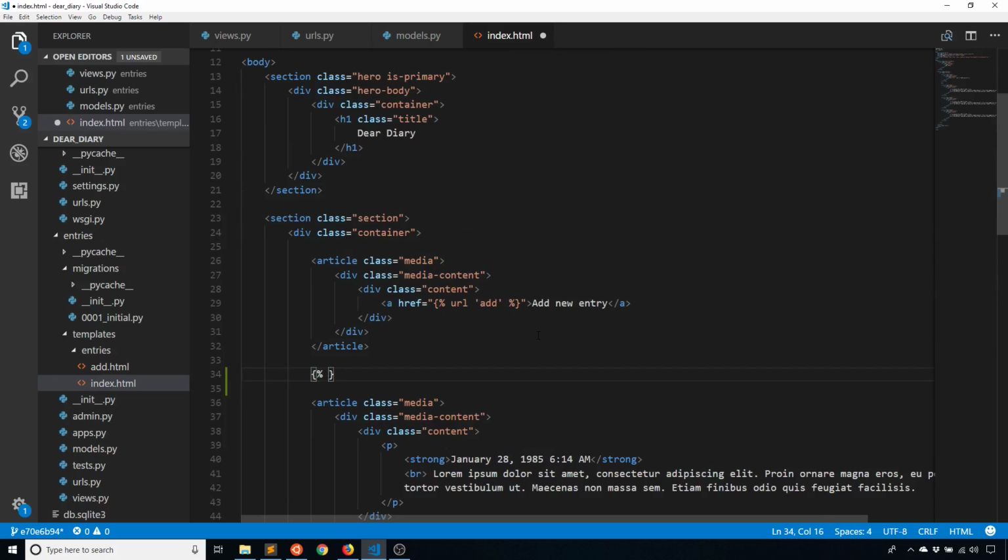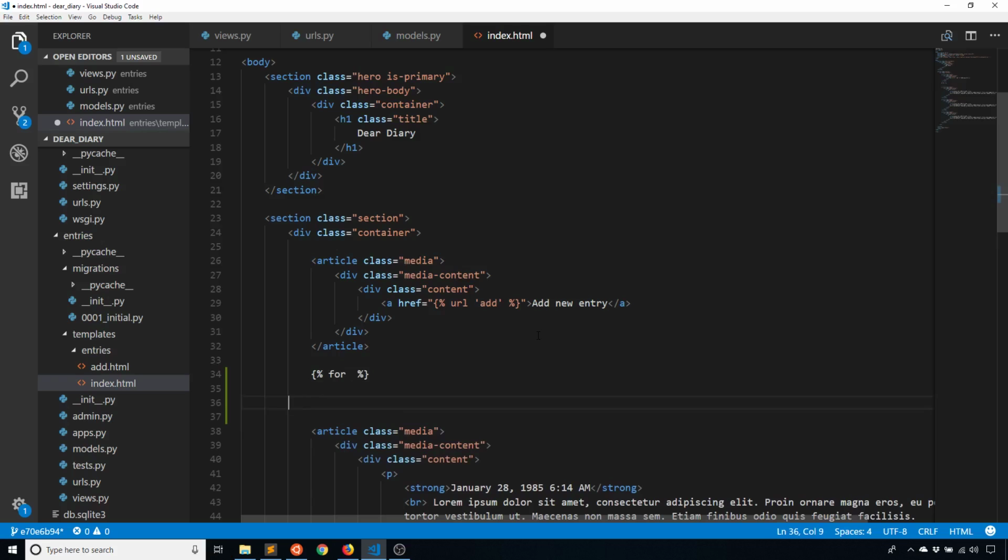Once again, I use the bracket and the %, and I'll just close it out here. And I'm going to be using a for loop. So for something in something else, I'm going to loop. I don't have that something yet, but I'll just put the for there and I'll put the in here. So you need the